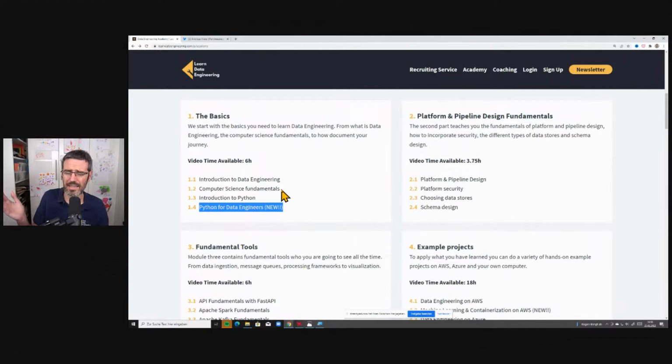You have your data science knowledge. That's something to add. If you want, you could also start looking into platform design. What are the tools? How do platforms usually look? How to choose the right data stores and so on. But I think a lot of people, especially in larger companies, if you're coming from computer science fundamentals, you know how to code, you know how to work with databases, you have SQL knowledge, I think that already will help you a lot.